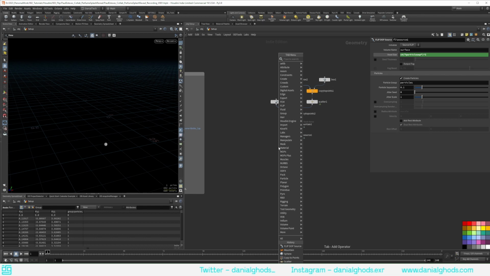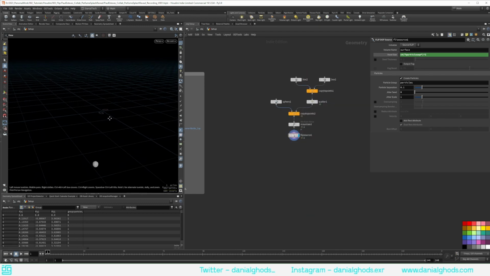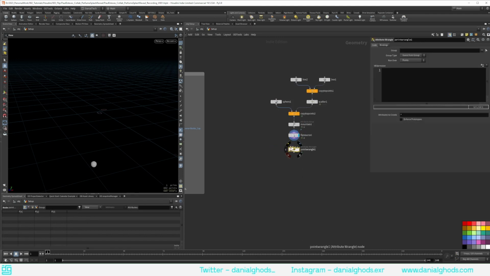What I would like is to point the velocity of the spheres towards the origin, so this 0, 0, 0 position right here. In order to do that, we need to subtract two vectors from each other. We need to subtract the vector origin from the current position. How do we do that? We simply use a point wrangle here. We need to first define our origin vector, so we can simply set this to 0, 0, 0. And then we can say that our velocity is equal to, let's normalize this, origin, which is the origin vector,